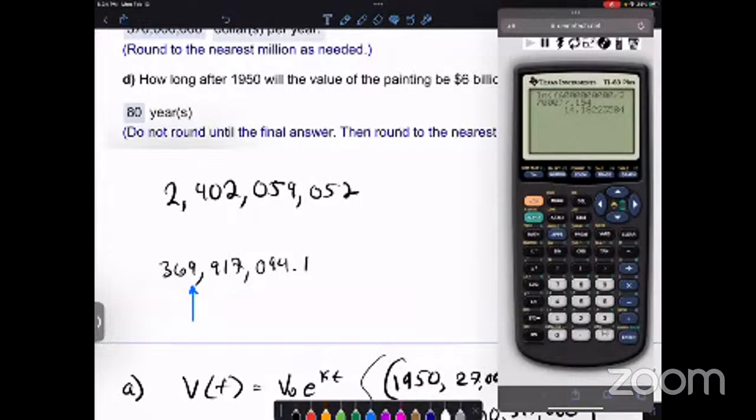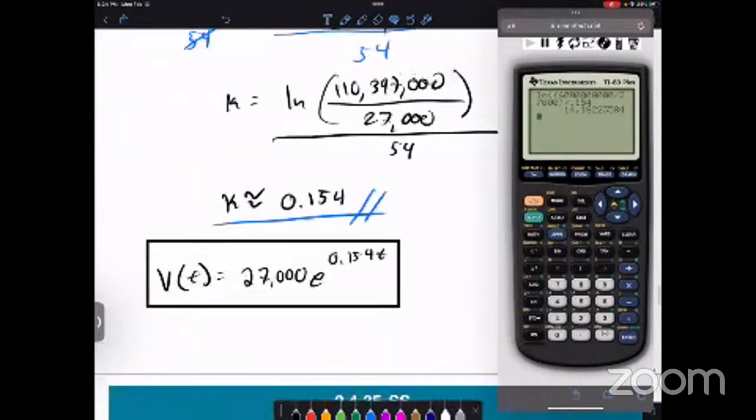Let's see, 1, 2, 3, 4, 5, 6, 7, 8, 9. Let me try to redo this. Let me recall. Let me redo this number. 6, 1, 2, 3 is 1,000. 2, 3 is a million. 1, 2, 3 is a billion. Divided by